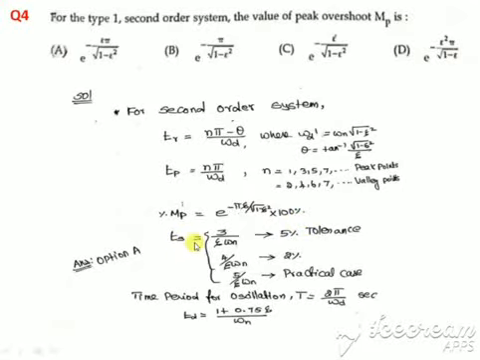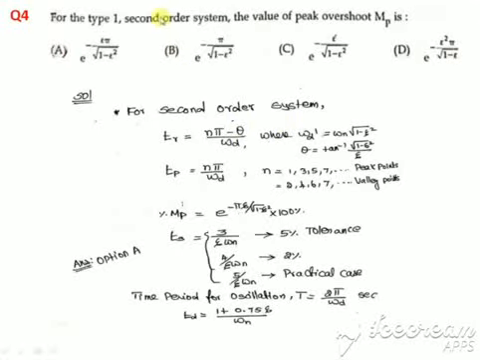And this is settling time, which depends on the tolerance value. For 5%, it is 3 divided by epsilon omega n; for 2%, 4 by epsilon omega n. For practical cases, 5 divided by epsilon omega n. The time period of oscillation T is equal to 2 pi by omega d in seconds, and delay time is 1 plus 0.75 epsilon divided by omega n. These are the formulas applicable for a second order system.